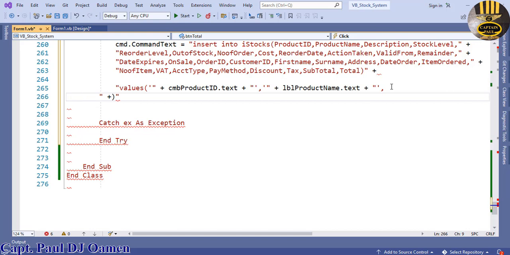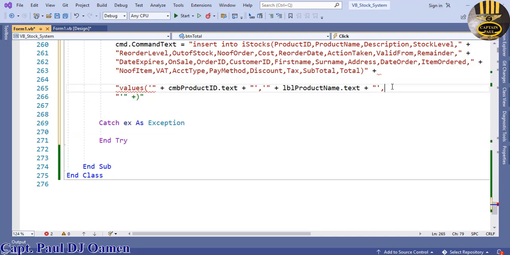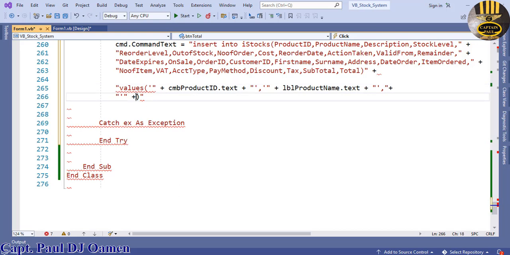On the next line, I'm going to say an apostrophe, speech mark, plus, let's put quotes in there, and a plus here for the next line, and I'll repeat the same thing here. The next one should be LBL description dot text there,